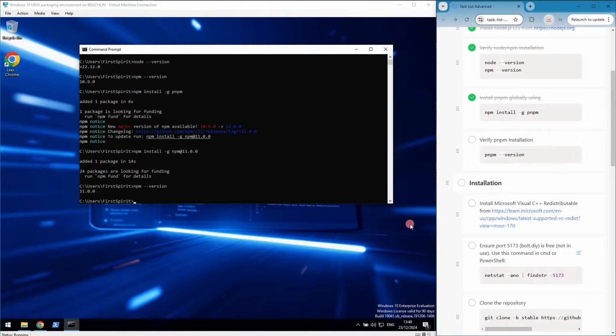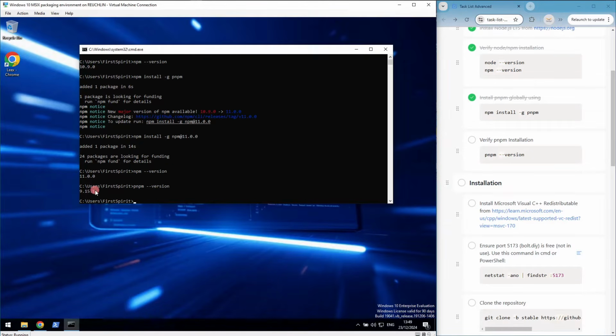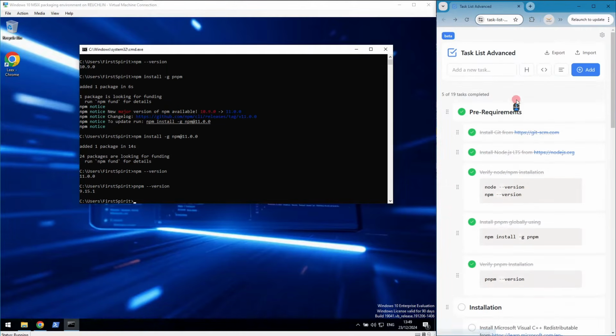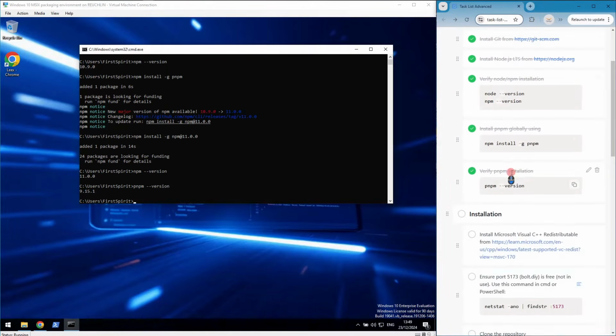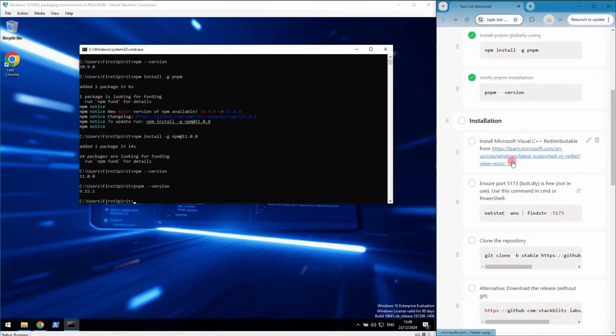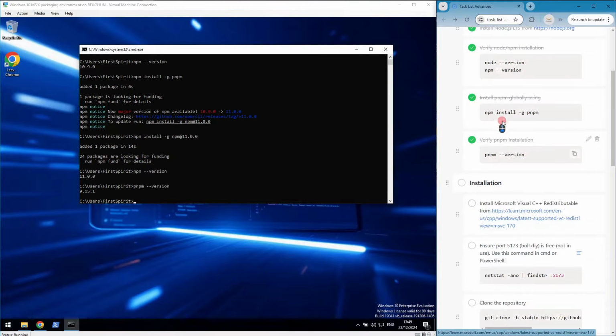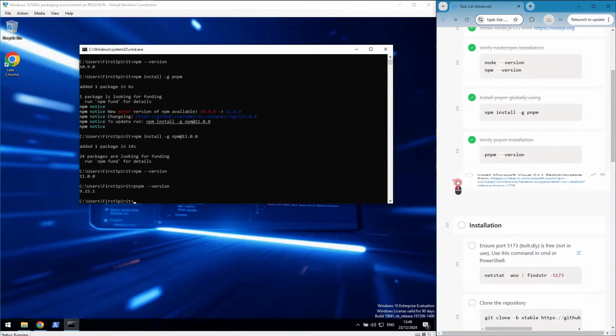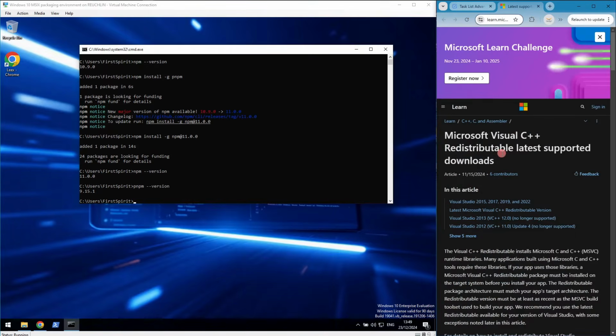Let's verify PNPM as well. Yep, also working. So pre-requirements done. We can go on with the normal installation. But I just see we can move this to pre-requirements as well. So we install the Microsoft